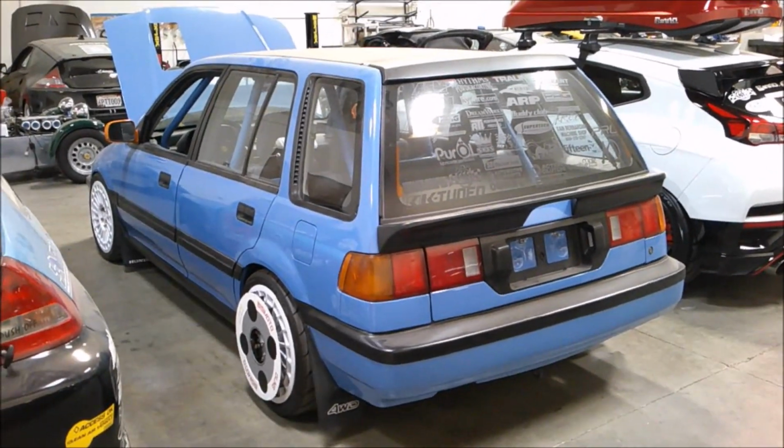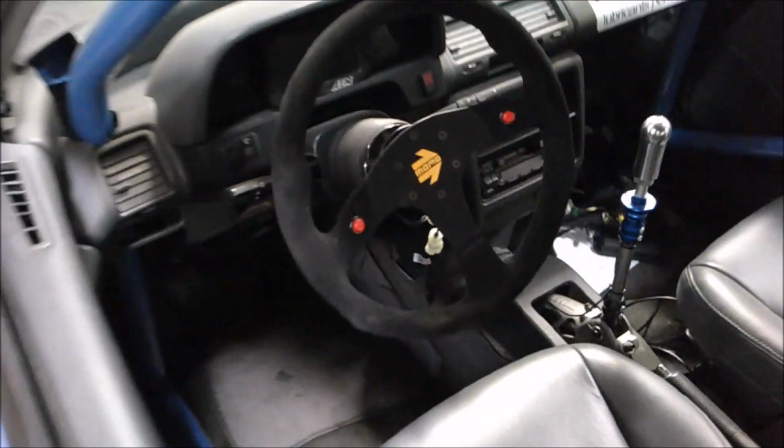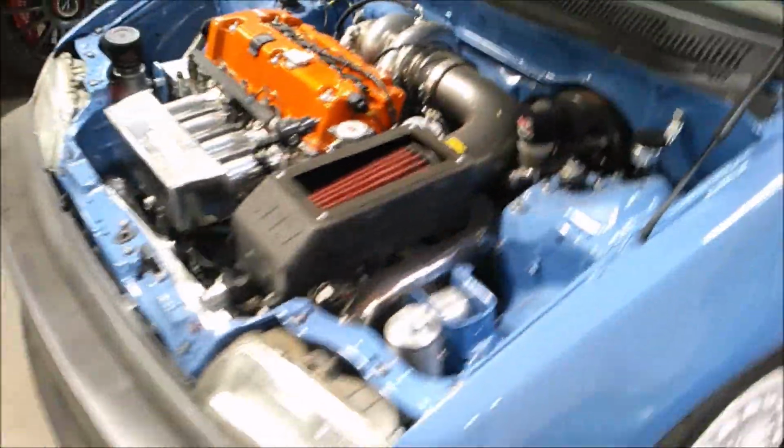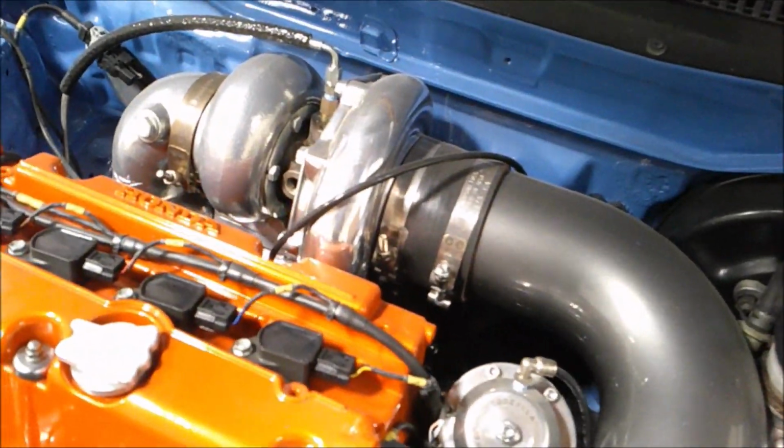This is the new Bisimoto Wagon. As you can see, given away here, with a beautiful dash. It has a sequential gearbox. Jay Leno loved driving this car. Look at that. That's a K24 engine, K24 Z3 bottom end, a Z7 head, and a nice 72mm turbocharger from